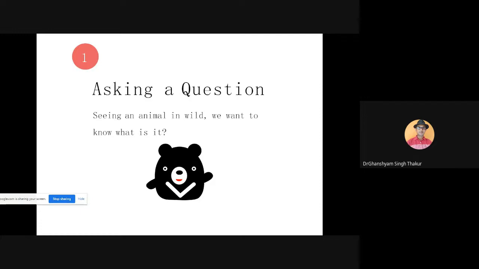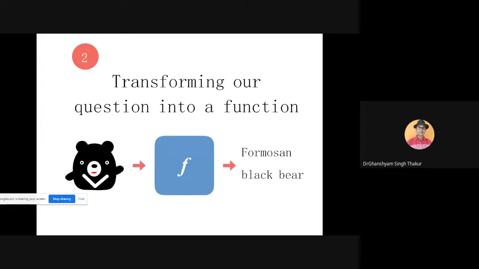And the same thing we are repeating, asking a good question, seeing an animal in the wild. We want to know what it is. So we transform our question into a function. The particular input image you have to transform into a function, and this particular function gives the correct output. So in a real problem, you have to find the problem, and then you have to transform the particular problem into a function, and this function predicts the correct output